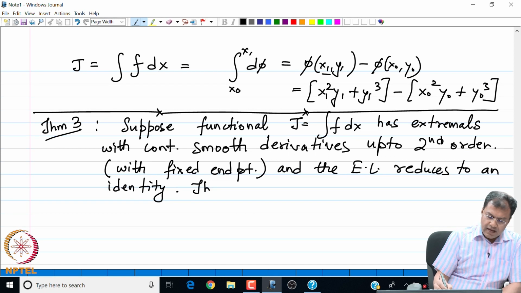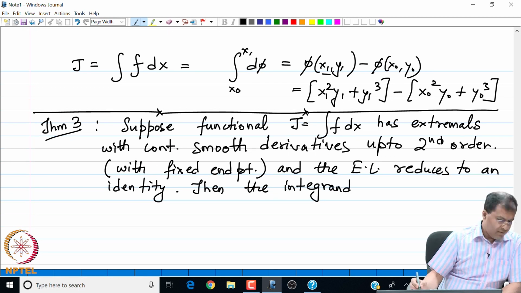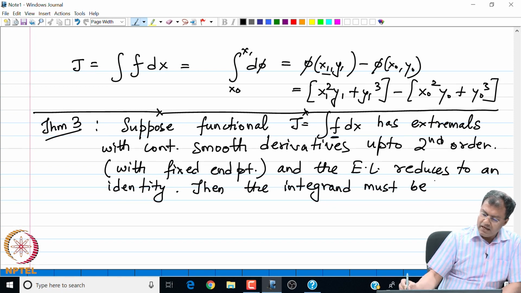Then what I have is that the integrand of this functional, this integrand f must be linear